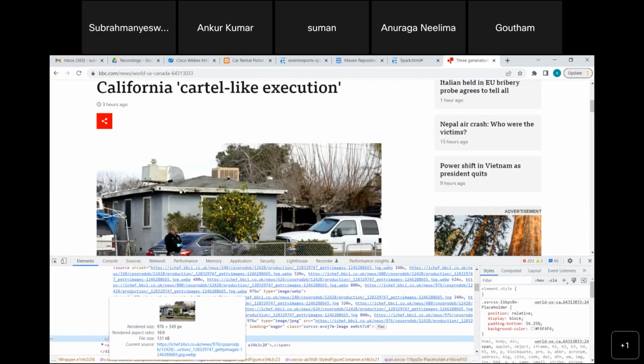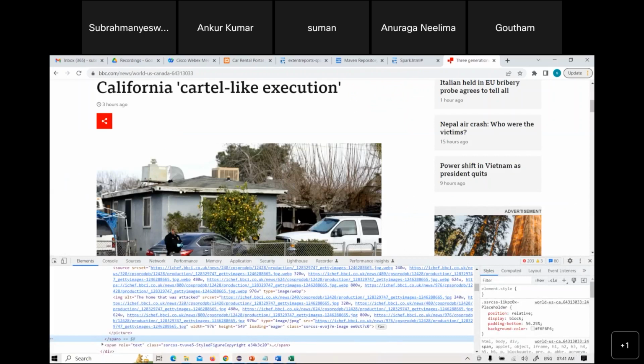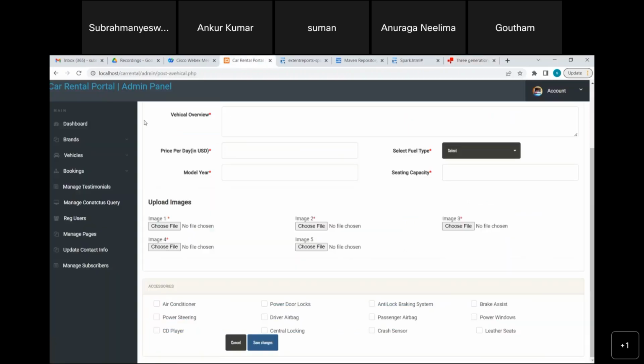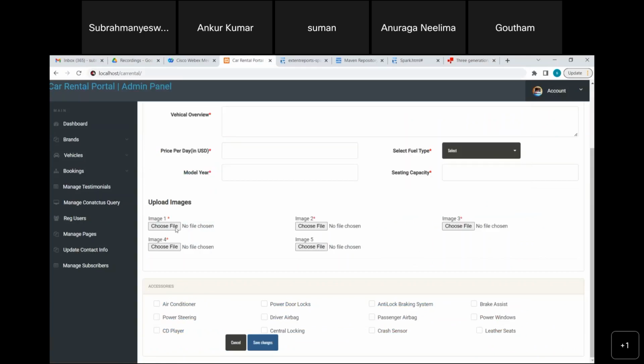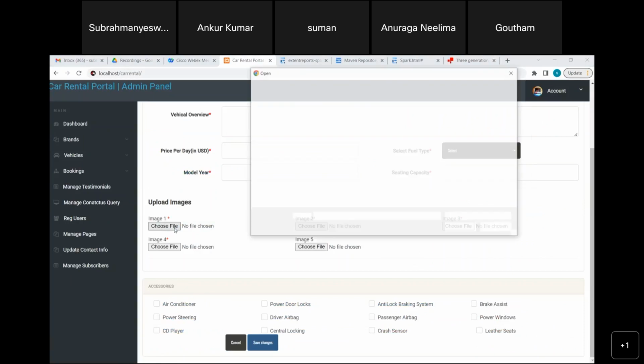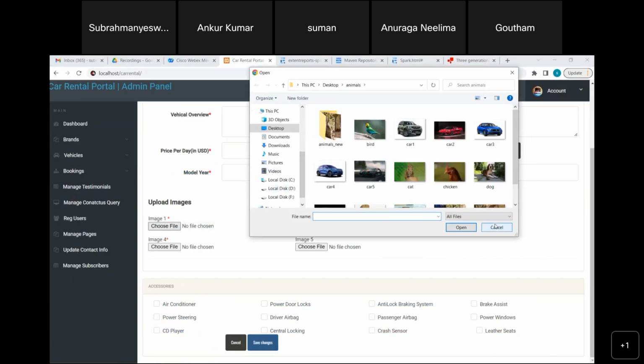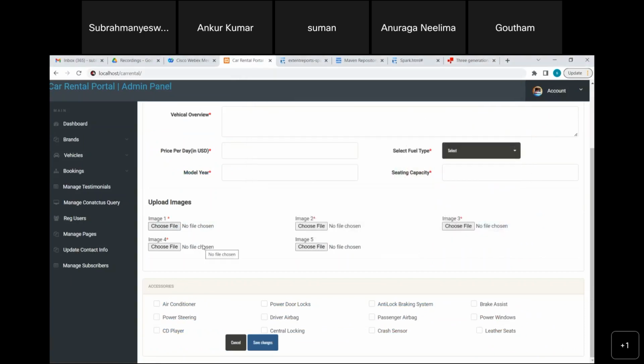You have to store the images in JPG format or something, just like in our car rental execution. We go here. Okay, yeah. In this one, in the vehicle posting, we are uploading the images here. If you see, we are uploading the images from here, right? That means we have the physical paths of the images, and we are using those physical paths to show it on the screen. For example, if I go here,